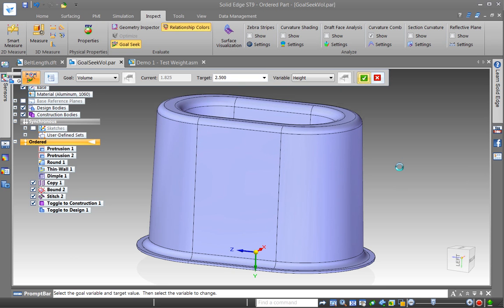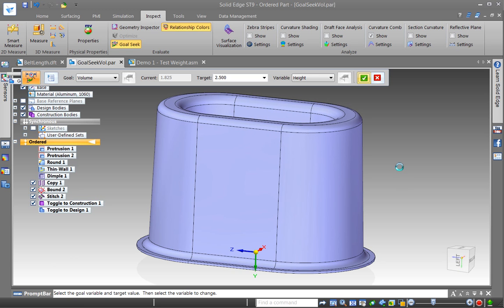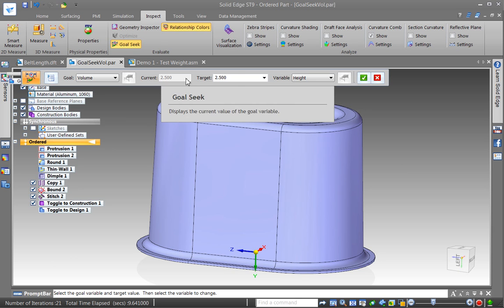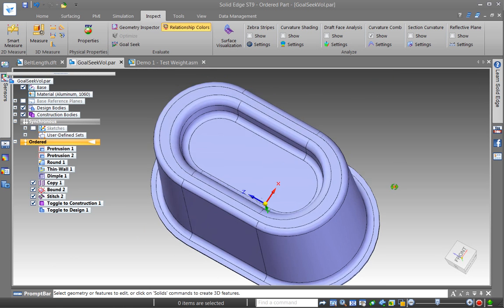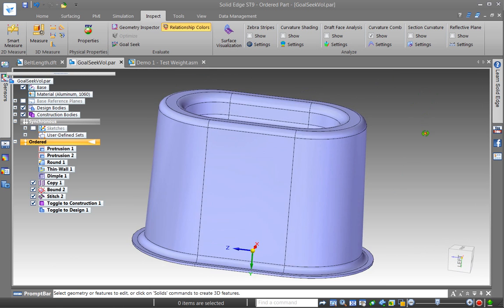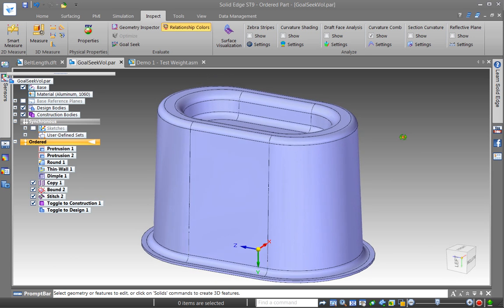You can see it kind of seeks it out in one direction, and if it exceeds it, it moves in the other direction until little by little it hones in on the exact value, and it shows me they match here, the current and the target. So then you can just dismiss that and take a look at your design,